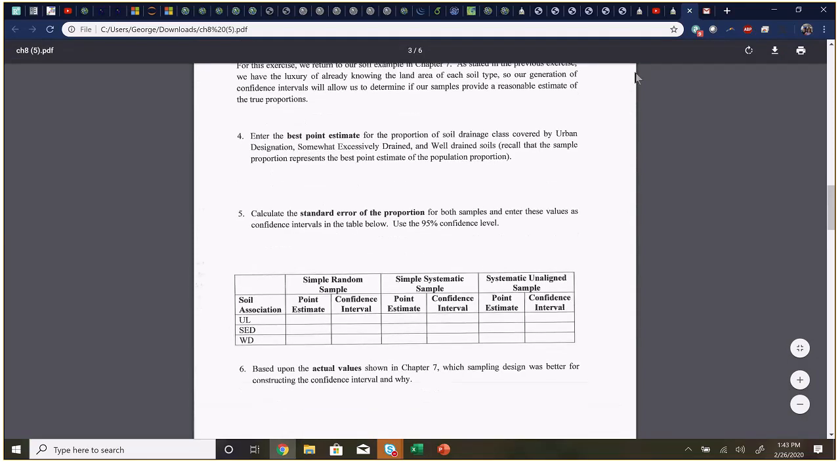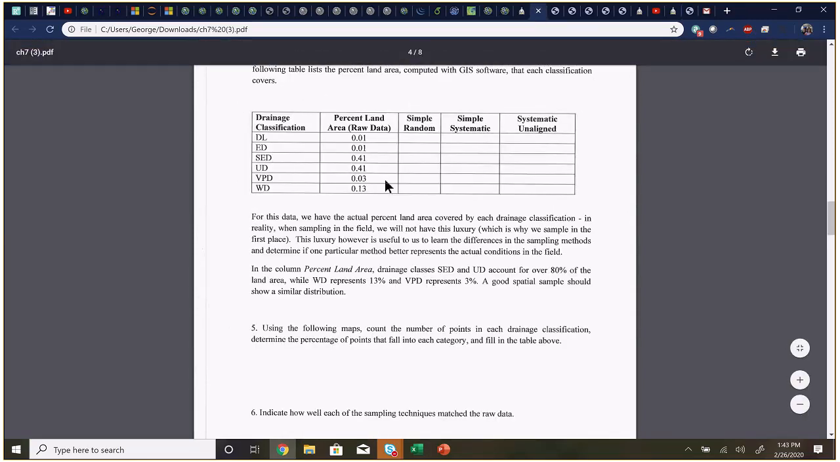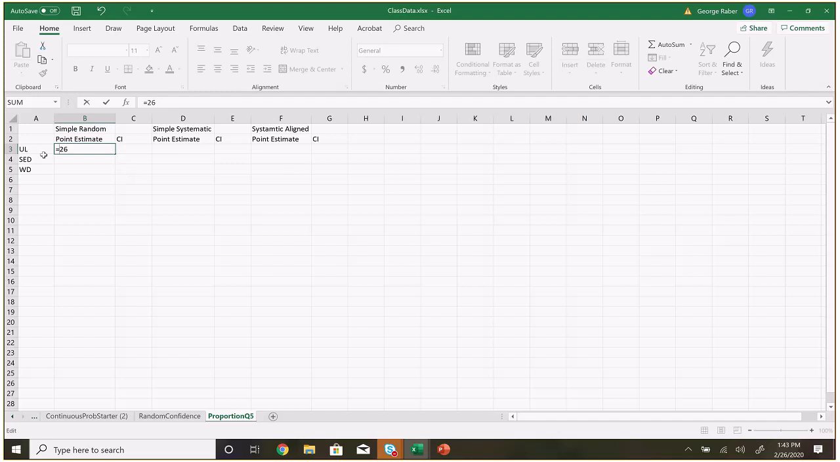So yeah, let's go to chapter 7. You'll see that it's really not a UL. Let's do UD. Yep. Let's do UD. Did you have a count for that? Yeah, 10 hit on that. 10. Okay. So 10 divided by 26. I'm going to change this to UD. All right. 10 divided by 26